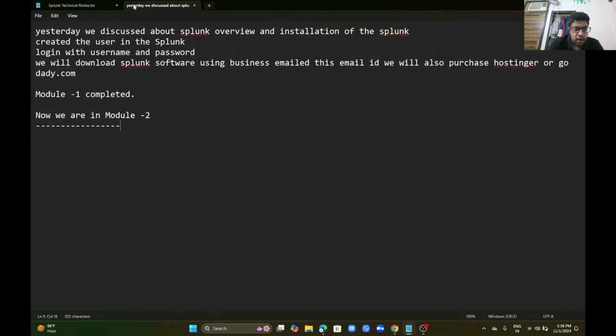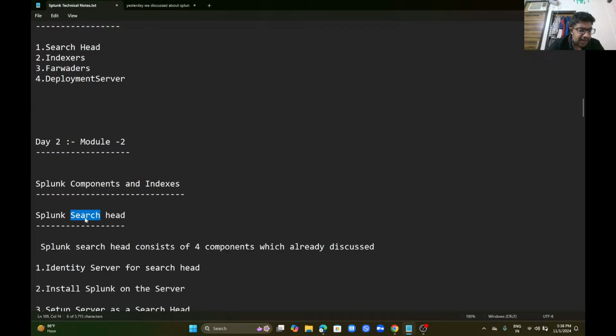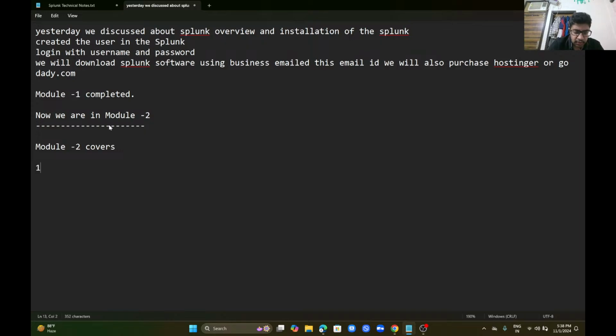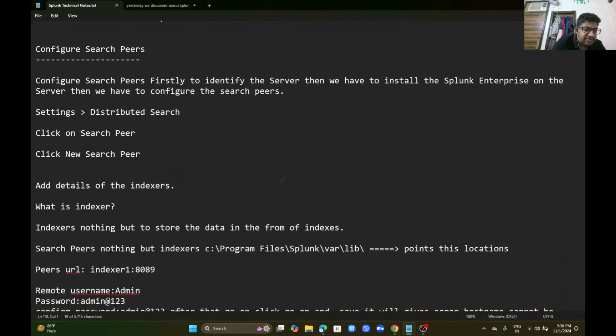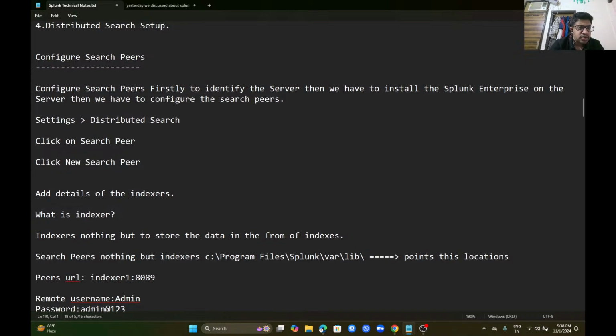Module 2 covers Splunk search head, Splunk forwarder and receiver, and this one also covers